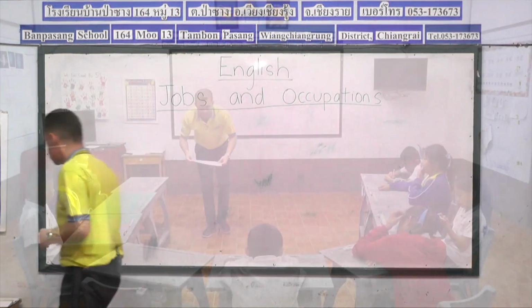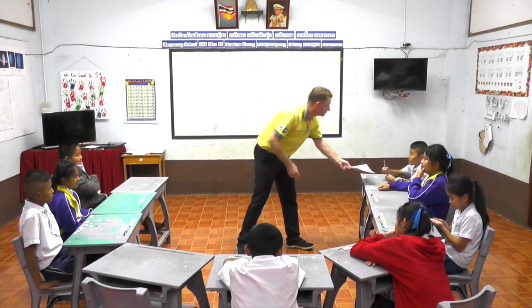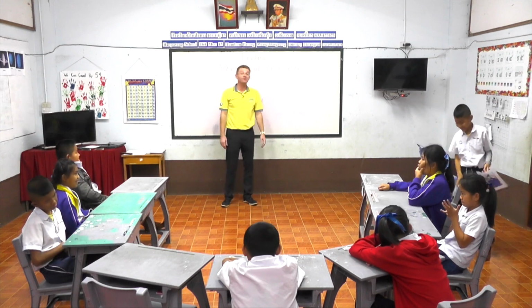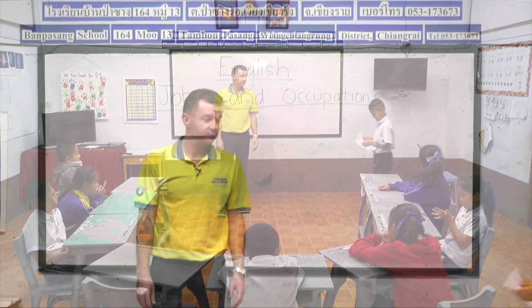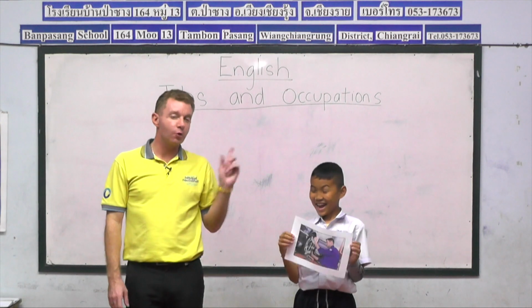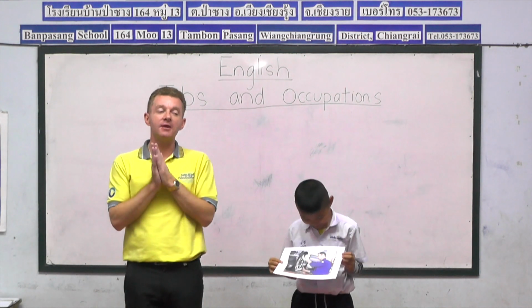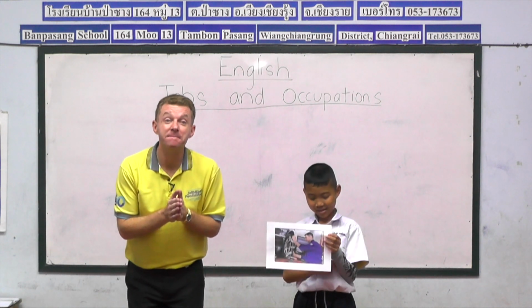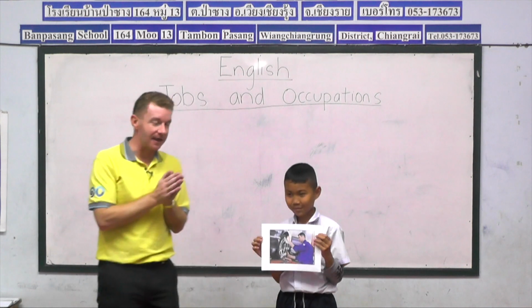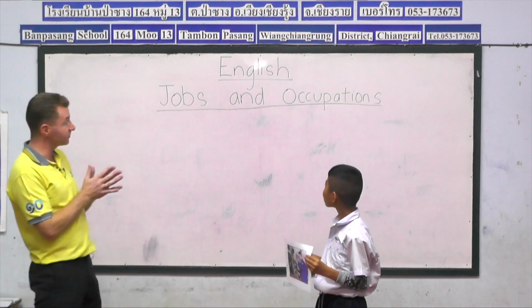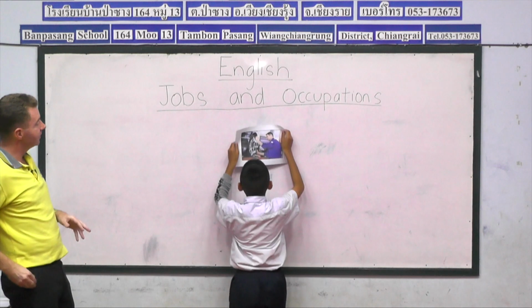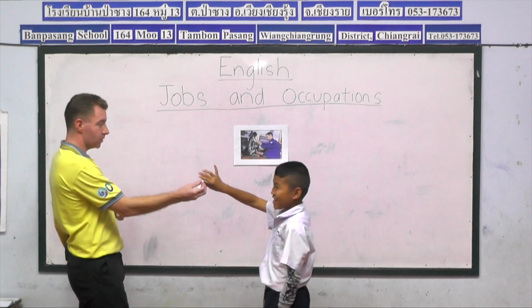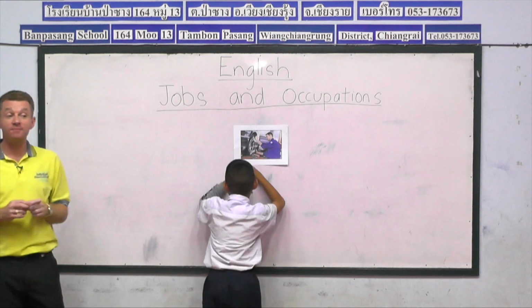So the first one, who can go first? I know. Pangpon, you can go first today. So Pangpon, come forward and show your friends your flashcard. Okay, guys, so who can remember what type of job and occupation this is? Fixes cars. Mechanic. Mechanic. And now, Pangpon, can you place it onto the board anywhere you want and demonstrate how to write the word mechanic? So over to you. So can we help Pangpon with the spelling?